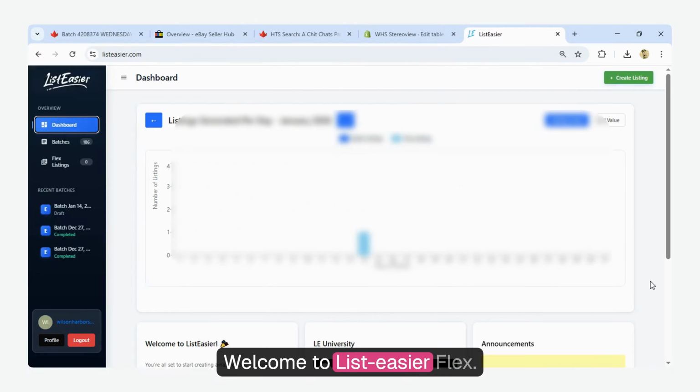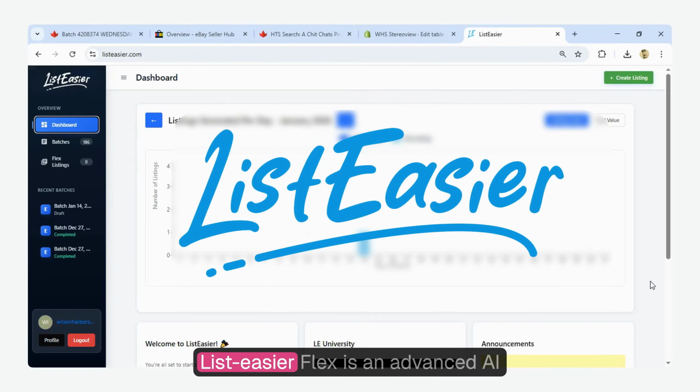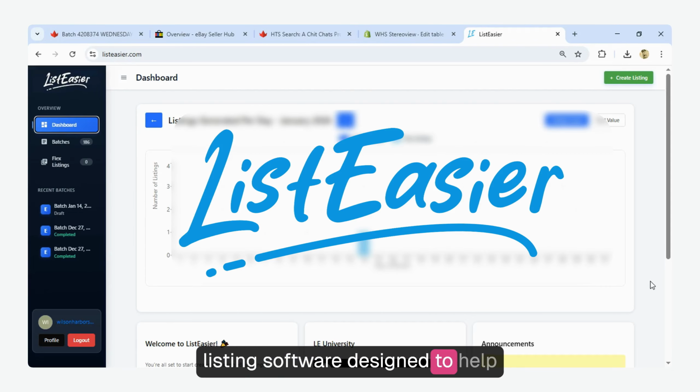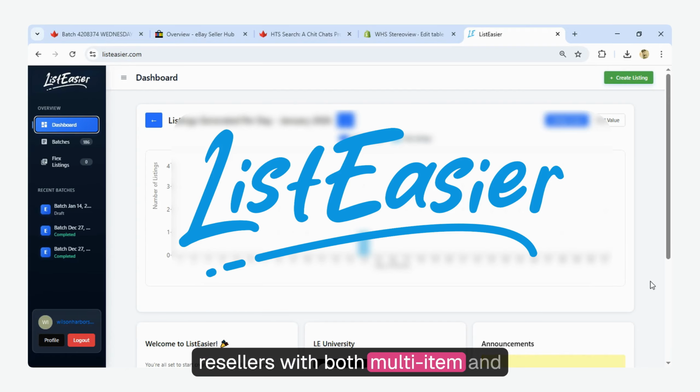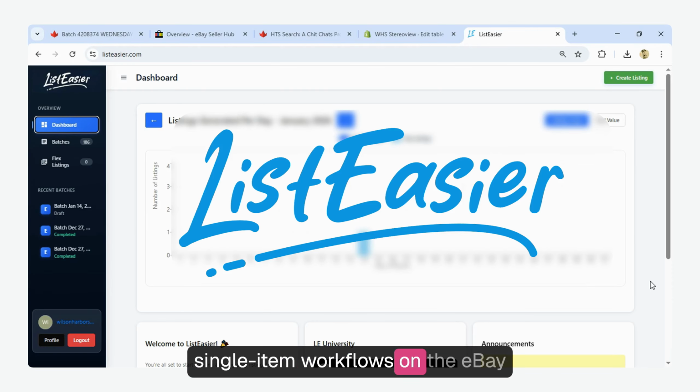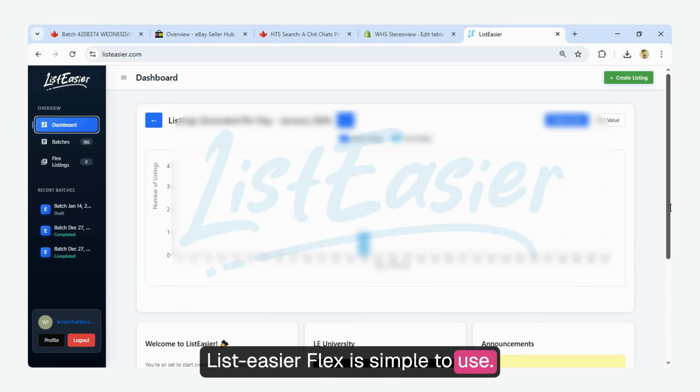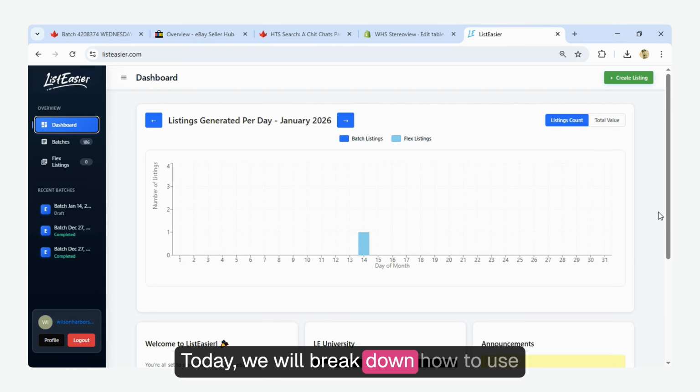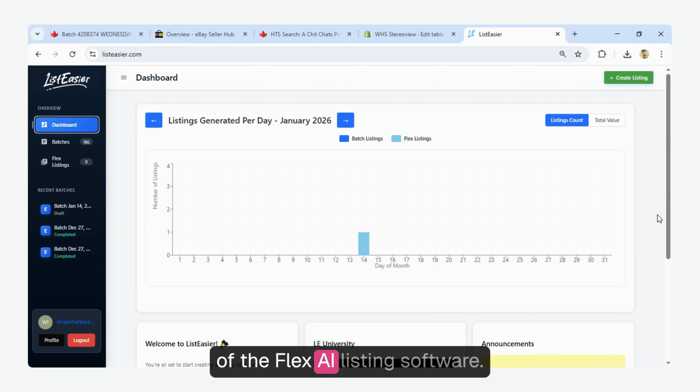Welcome to ListEasier Flex. ListEasier Flex is an advanced AI listing software designed to help resellers with both multi-item and single-item workflows on the eBay platform. ListEasier Flex is simple to use. Today, we will break down how to use ListEasier Flex and get the most out of the Flex AI listing